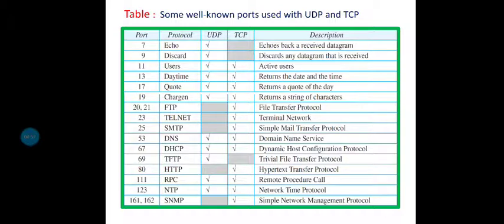It returns the date and the time. So like that we have many well-known port numbers as presented in this slide. There are many other application related port numbers.